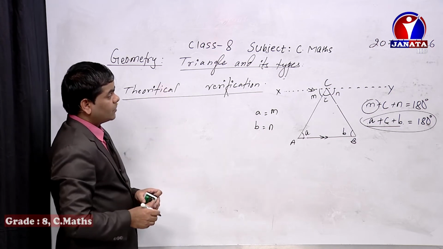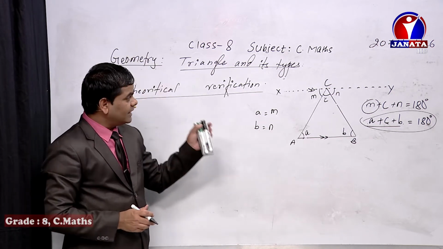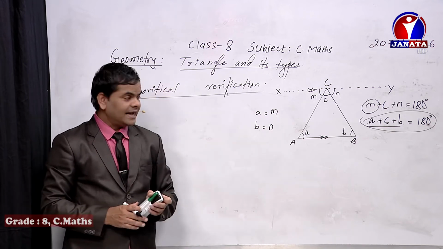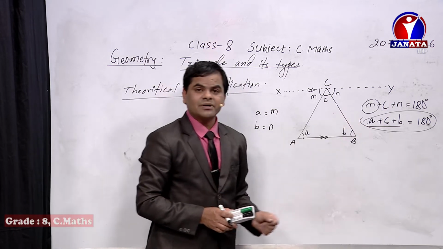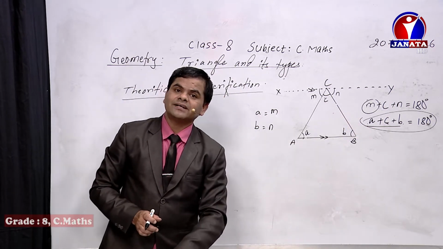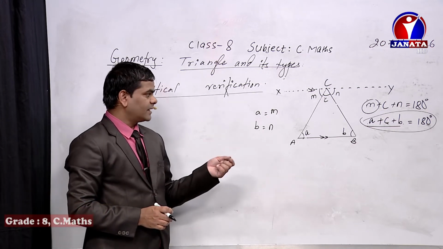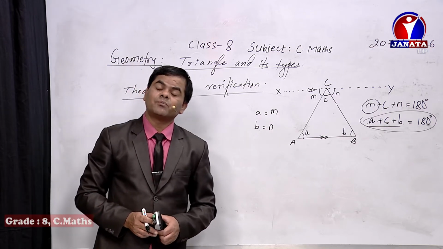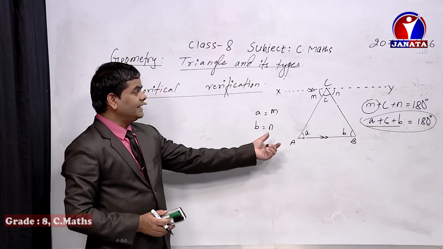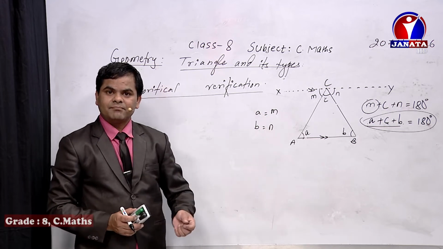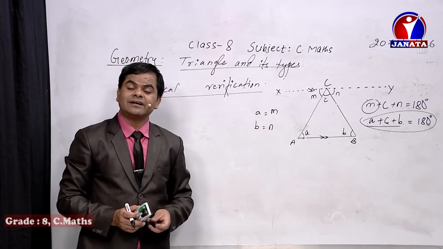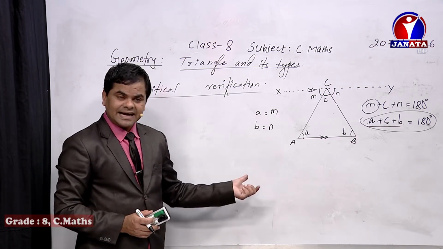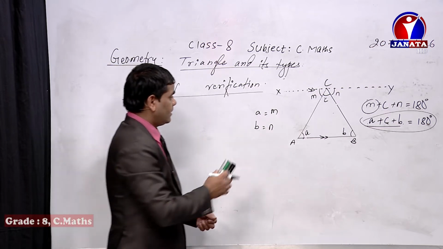the formalities. Here we have drawn a figure, triangle ABC, and then we have constructed a line XY through C, and then we need to fill up these statements, and then at last we need to write the conclusion of the figure. That means the sum of angles of a triangle being 180 degrees. You can see in your book as well, in the very first chapter, proving the sum of angles of a triangle being 180 degrees theoretically as well as experimentally, and you can copy the statements presented in that book, okay.